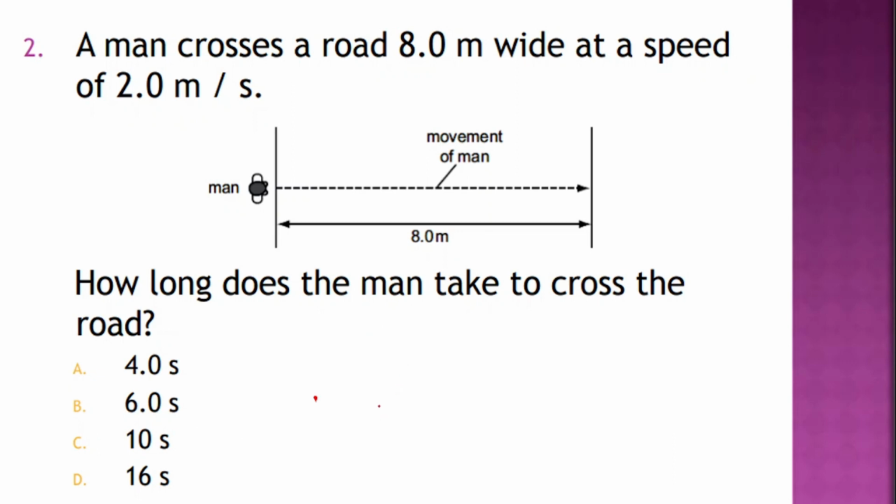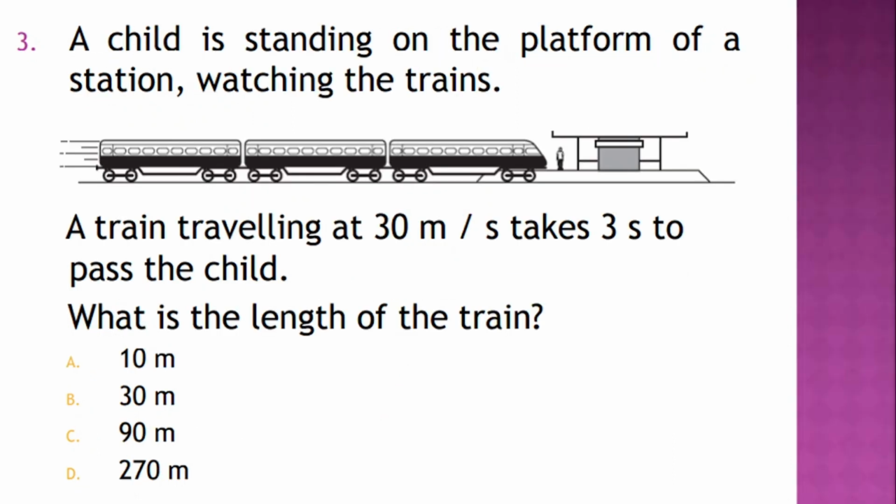Okay, then, a child is standing on the platform of a station watching the trains, a train traveling at 30 meter per second. So again in this numerical, we are given the speed of the train, 30 meter per second, and the train took 3 seconds to pass the child. And you have to find the length of the train. So whatever be the length of the train, actually the train has covered this distance, which is equal to the length of the train,